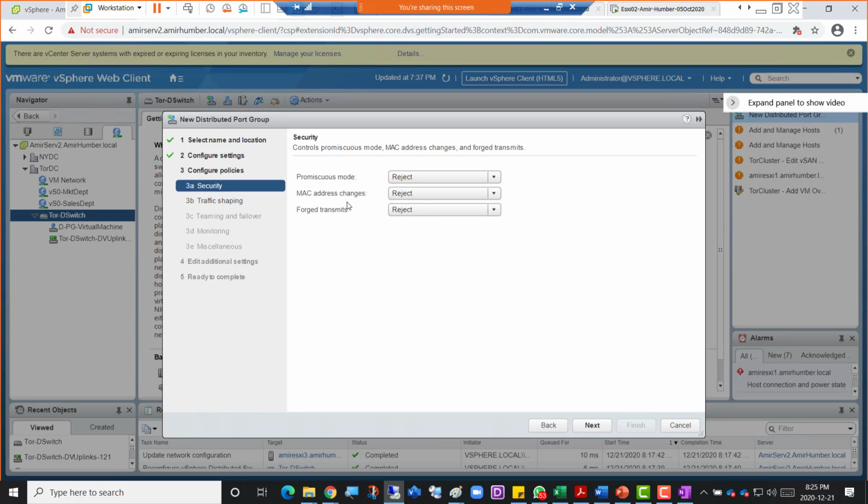Promiscuous mode, MAC address changes, forged transmits, we talked about that before as well, and they're all on reject, but you can also put it on accept for diagnostic purposes or for load balancing purposes. If I click next here,